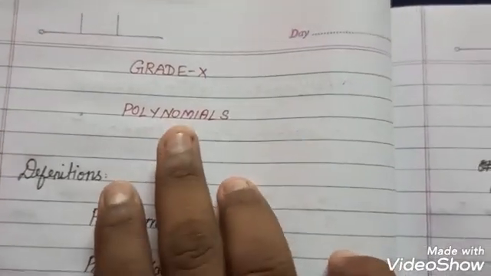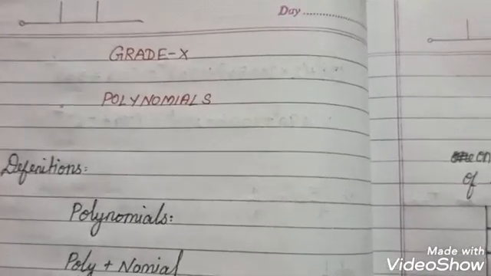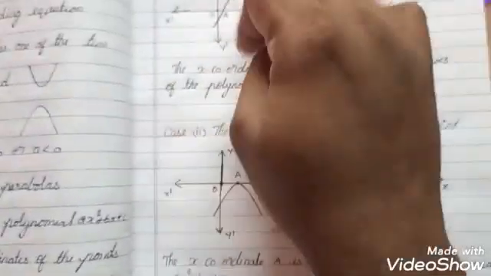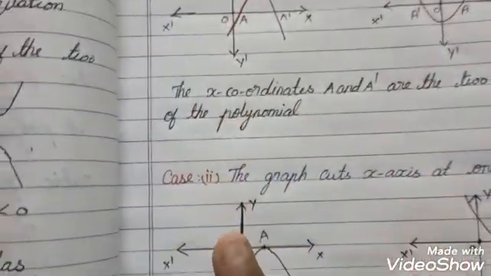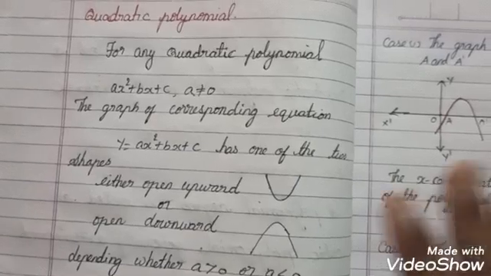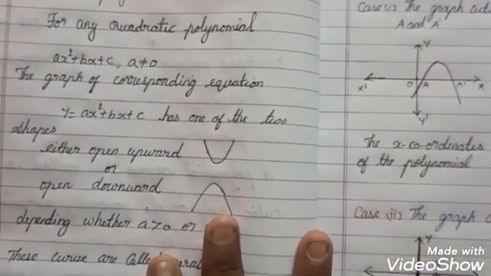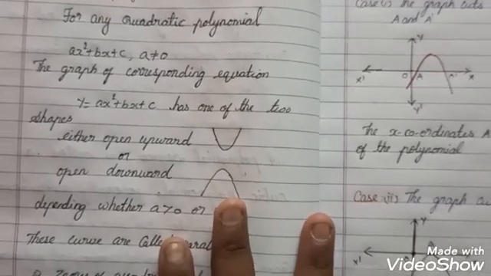Okay children, today I explained the polynomial definition and types, and the graphical geometrical meaning of the zeros of a polynomial for linear and quadratic equations with 3 cases: case 1, case 2 and case 3. In the next class I will explain the example sums and exercise sums. Go through it thoroughly and prepare well for your periodic test.